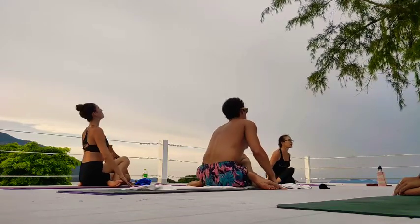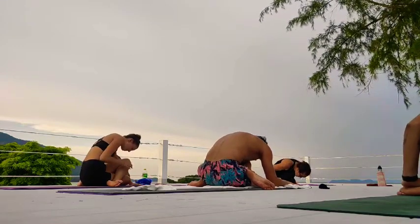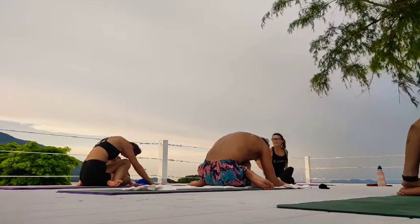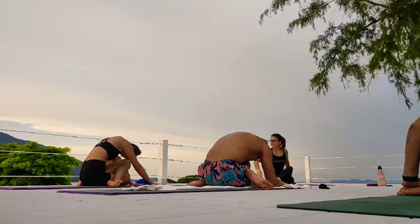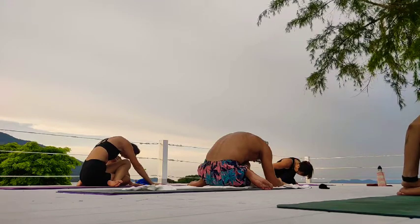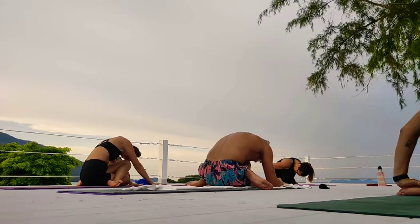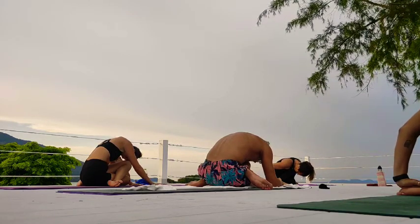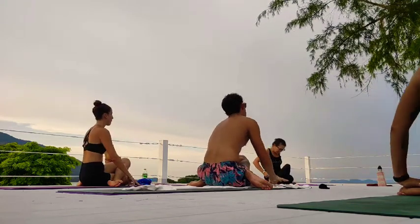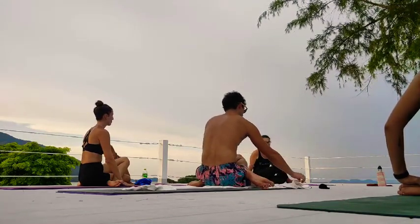Exhale, fold either halfway, only if it's comfortable. Should you continue to fold all the way forward and down over the knees. 5 deep breaths. Not forcing, not straining. Inhale, slowly coming back up. Now with the exhale, you can either corkscrew your legs all the way around to the opposite side, or